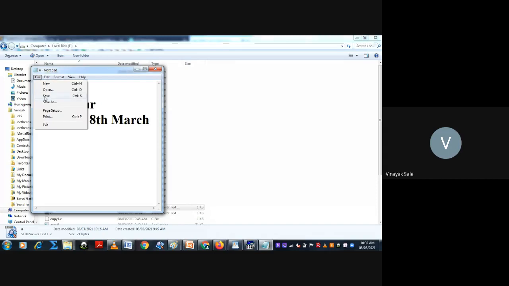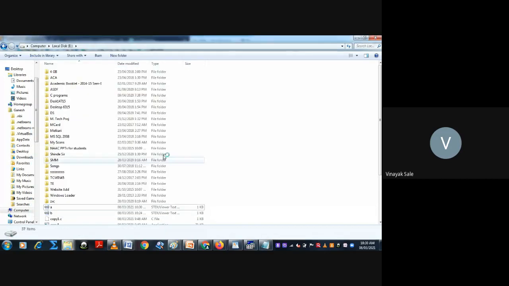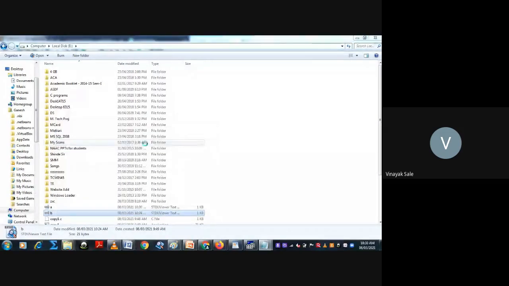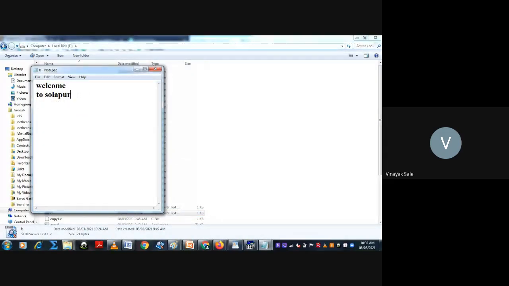I will save it, and in the target file I will open it. Here I have written welcome to Solapur. Instead of that I will write welcome to Pune. Okay, I will save the contents.